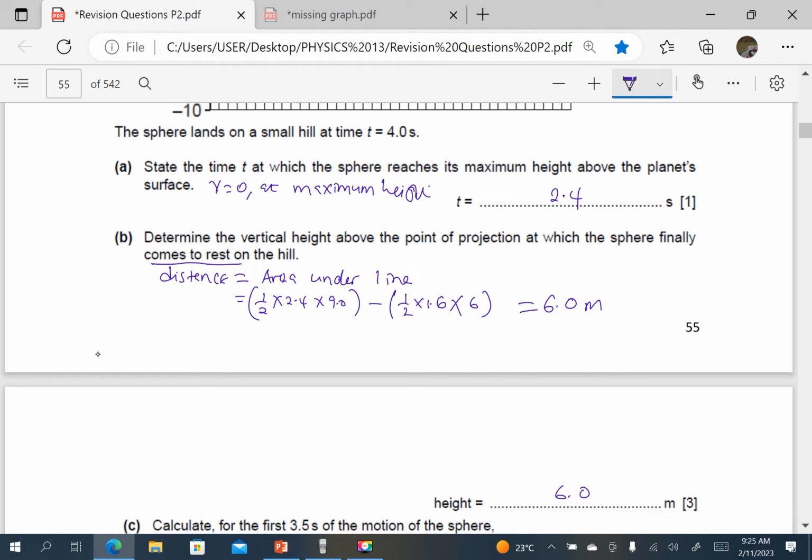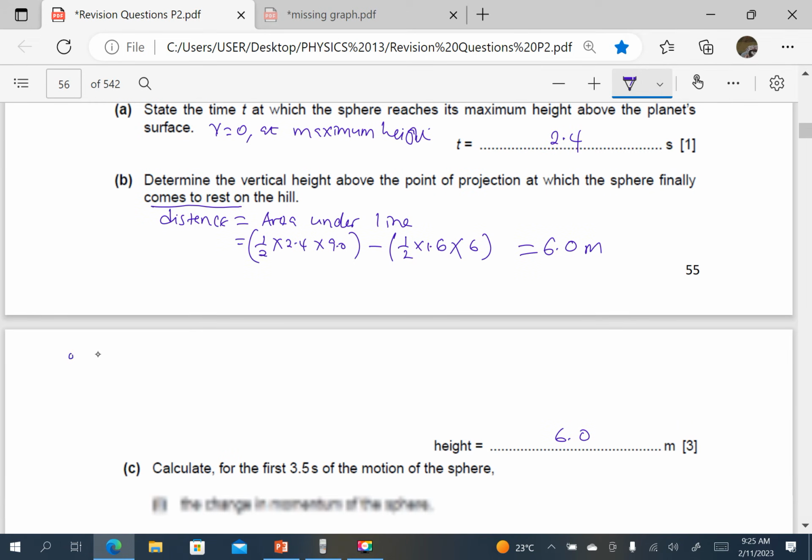Method 2, we could also use the equations of motion. I could use s equals ut plus a half at squared. So I want s. Initial velocity was 9 from the graph, 9.0 times the time. The time to reach the hill is 4. But initial motion was upwards, so the acceleration is going to be negative. So this will be minus a half times